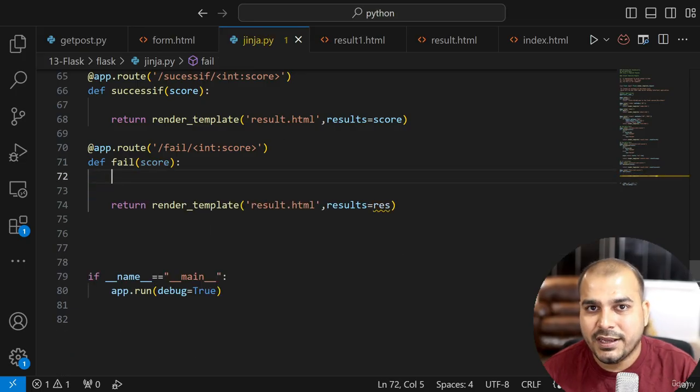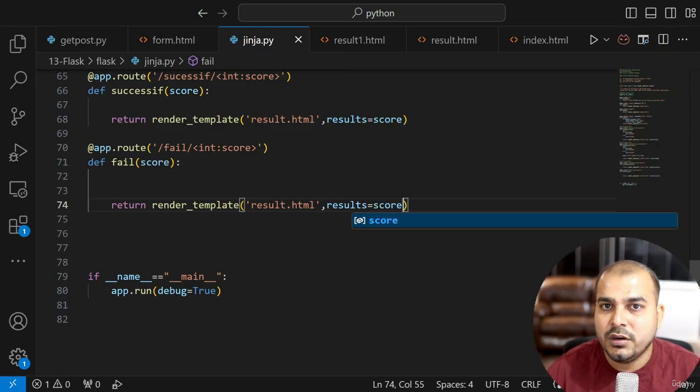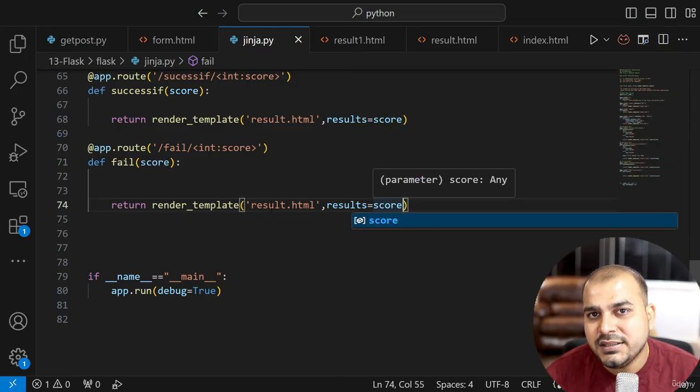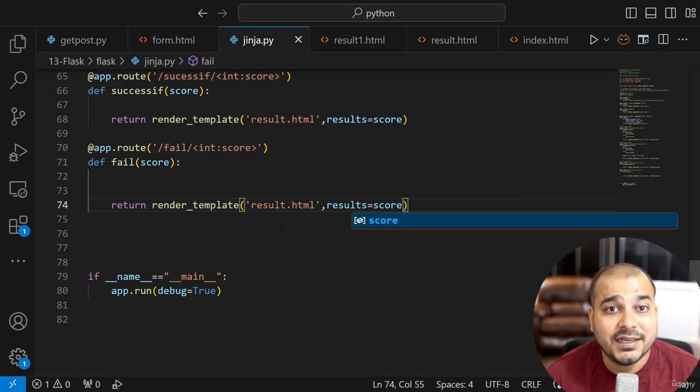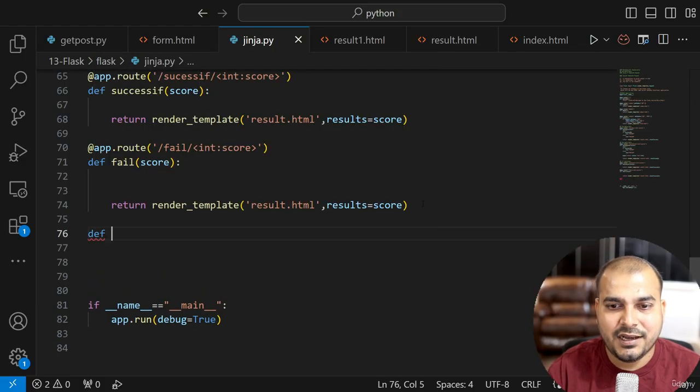I will not be requiring this over here. So I'll say, hey, go to the result.html and just display the score. Instead of directly going to the result.html, I can probably go ahead and just write another function,